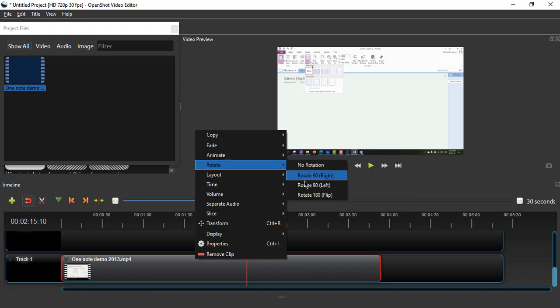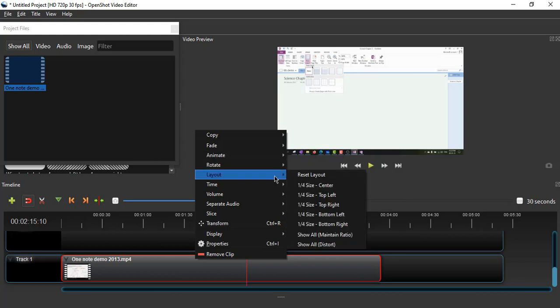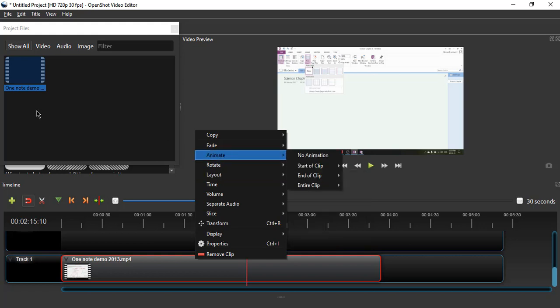If you want to rotate the file, I think we will not use that. Layout: let's say you have not used your default laptop webcam, you have used another external webcam or your mobile device, and you want to add that file into this. For that you have to import two files here. In this menu, one is the recording file and the second is your mobile-recorded speaking head file. You have to import that also.